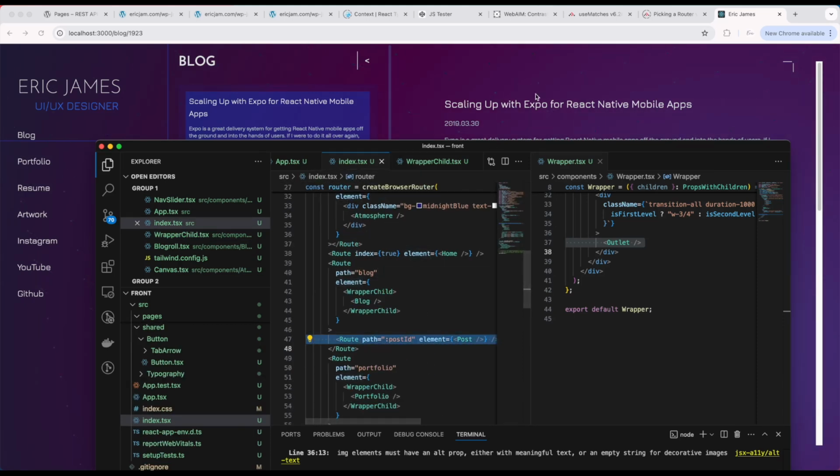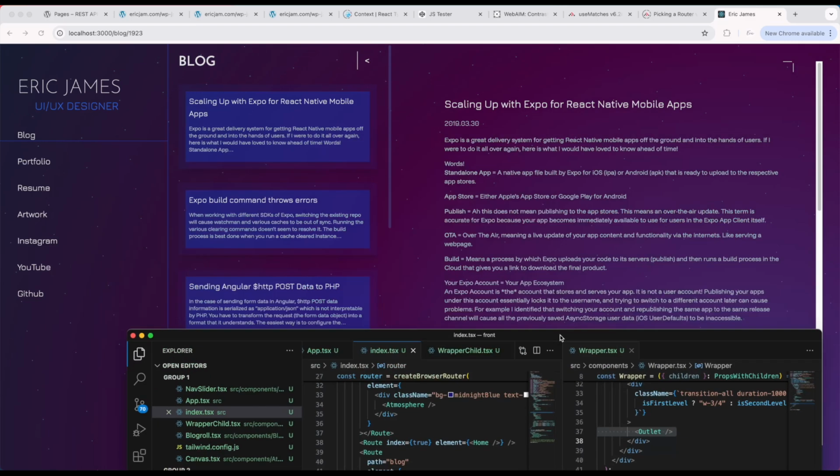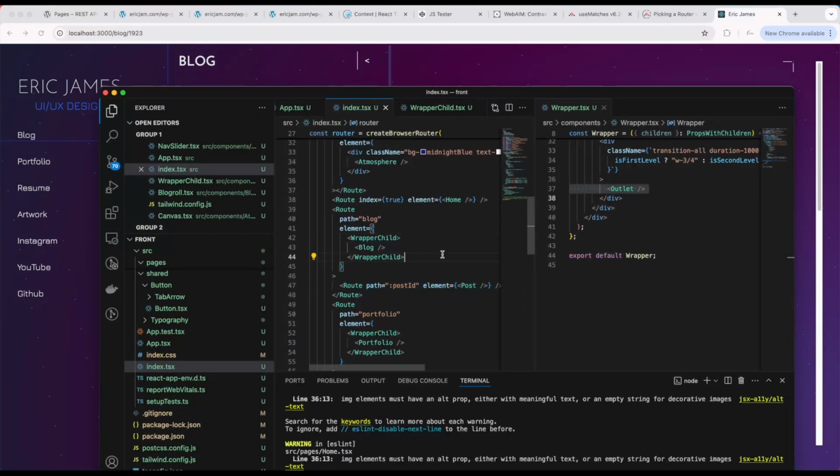So this is the post. So this is the post route, which is an outlet, and then this whole thing is also an outlet of the main wrapper. So yeah, I guess that's kind of how you iterate